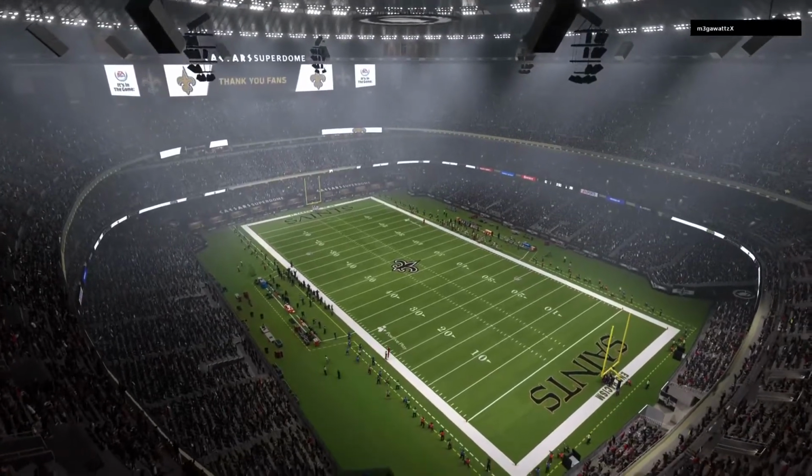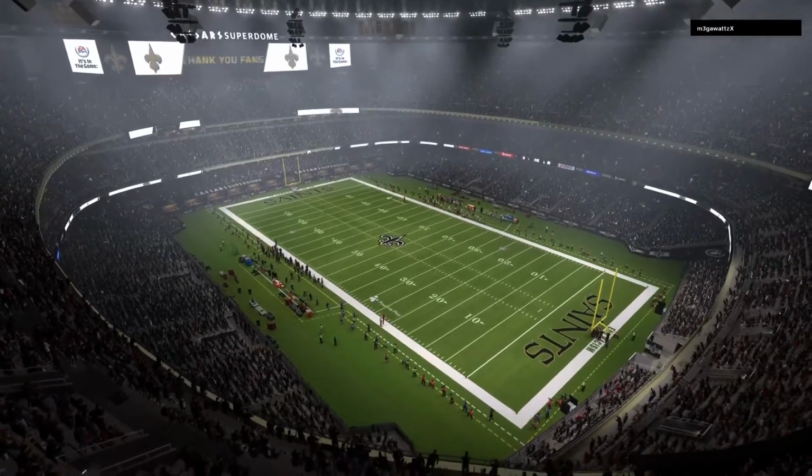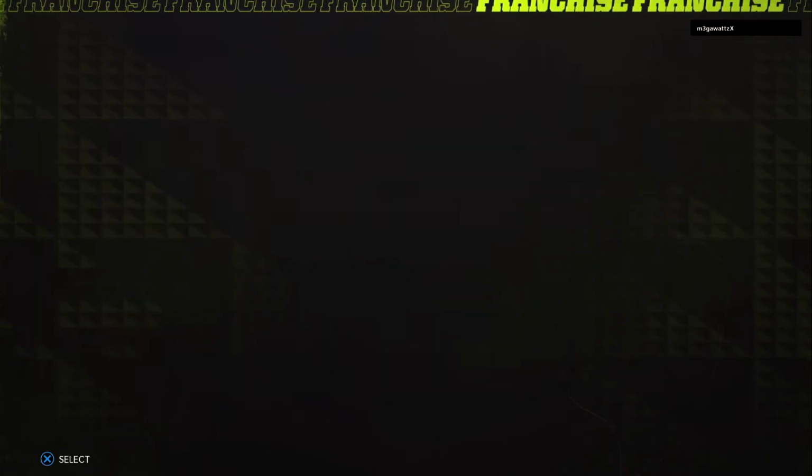So for Tampa Bay, they close out this first half at a very solid 6-2. And they'll be able to enjoy this one through the bye week before they get back at it again. Meanwhile, for New Orleans,